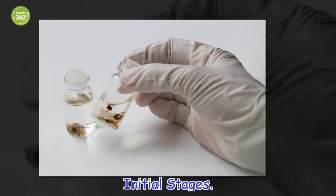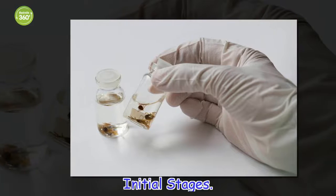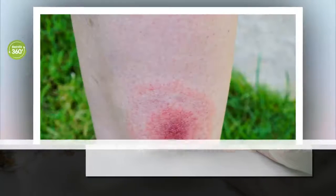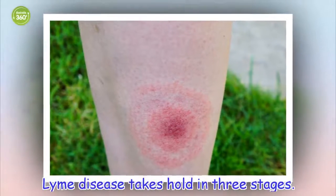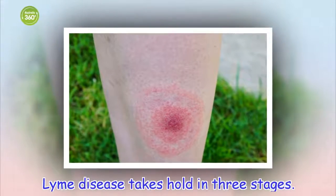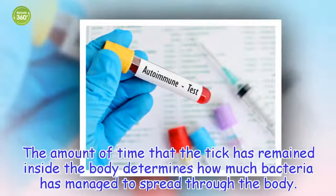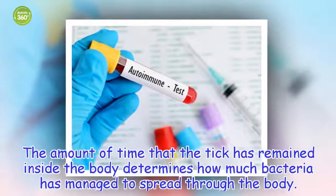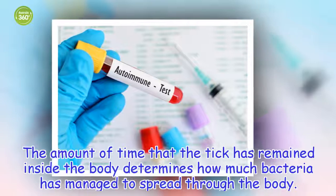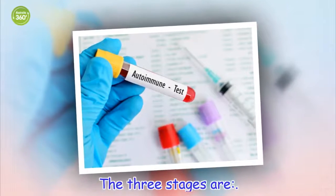Initial stages. Lyme disease takes hold in 3 stages. The amount of time that the tick has remained inside the body determines how much bacteria has managed to spread through the body. The 3 stages are: